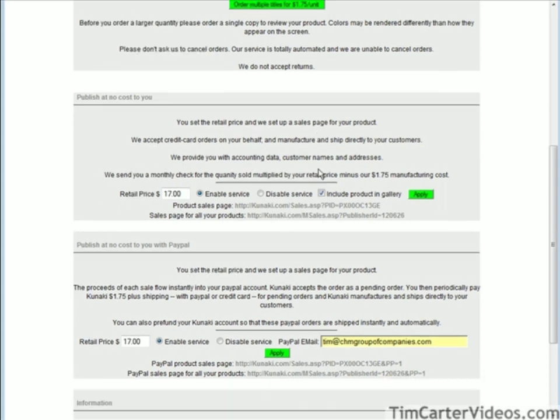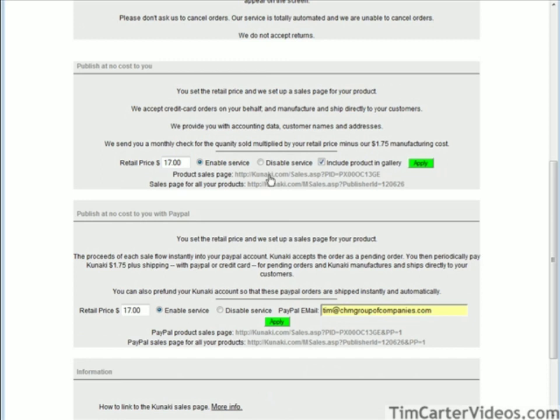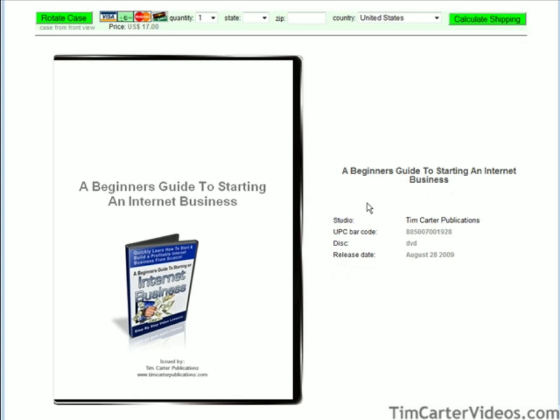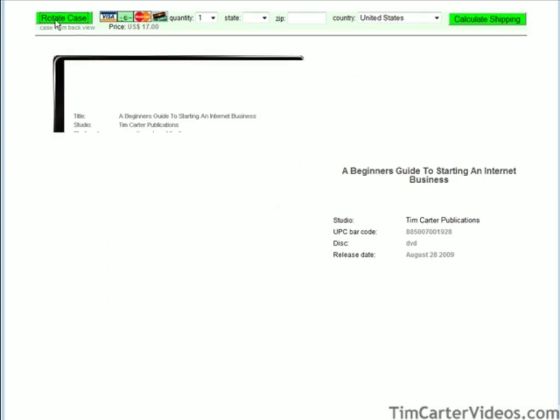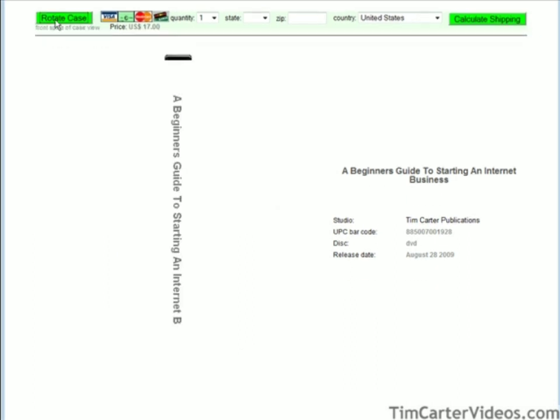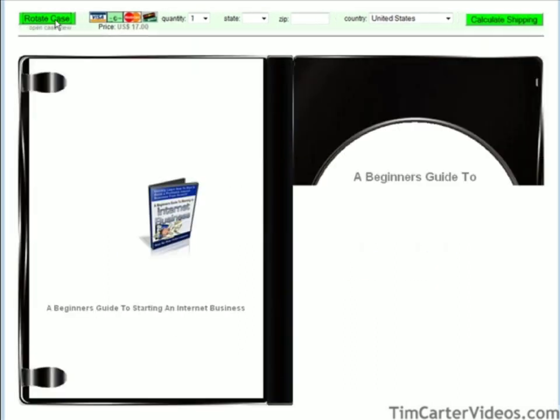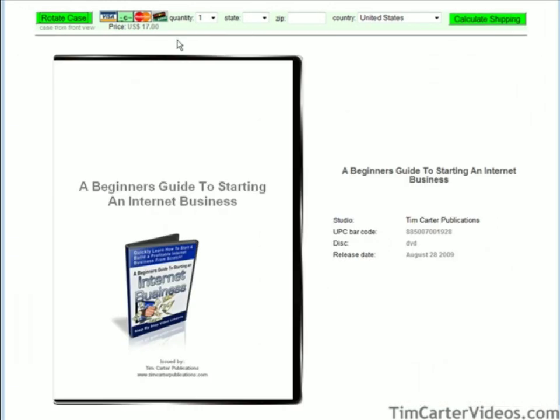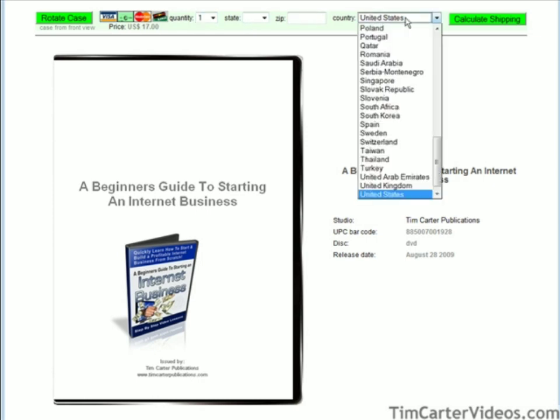For instance, if we're going to use the Kunaki shopping cart, we have two URLs here. We have the sales page, and this is the sales page that they provide for you, and it has all the details that you put on the design screen here. They can also rotate the case, look at what's in the case, look at the DVD, etc. Okay, then up here they can order their quantities, and they pick their country here,